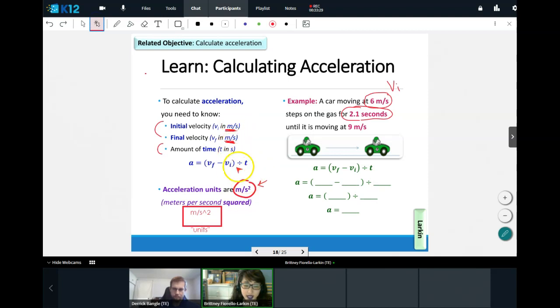Again, is that a velocity, a time, or an acceleration? Yes, we should know this. This is definitely going to be our time. Nothing special about that. And meters per second, again, this one is still a velocity, but this time, what type of velocity is it? Initial or final?